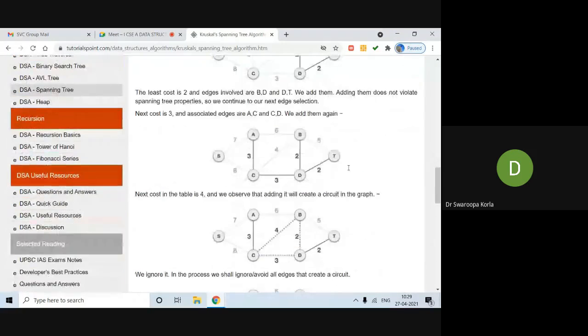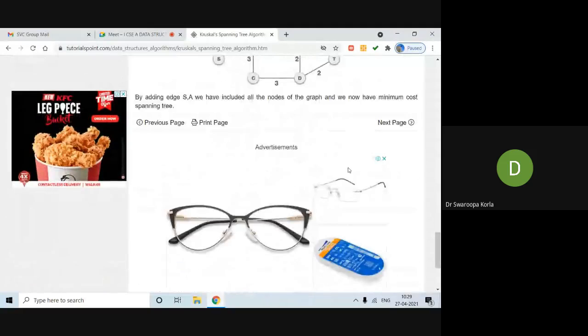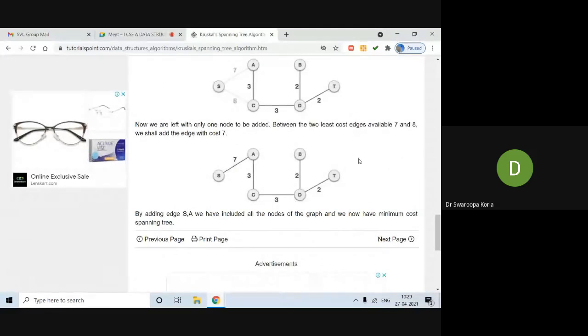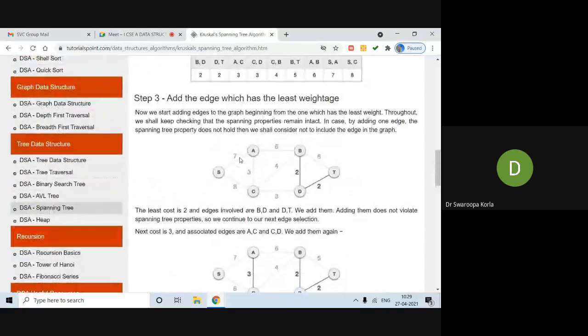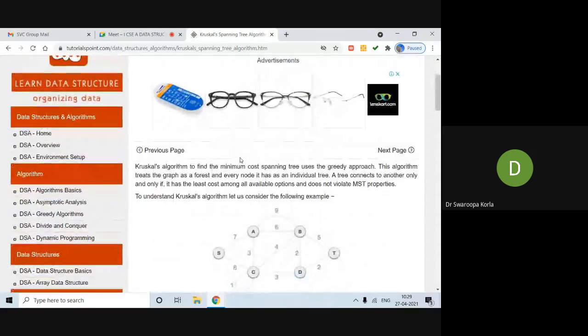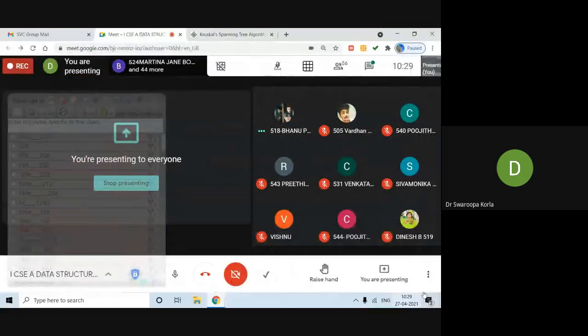So try to add edges one by one so that you will get the final spanning tree like this. And don't leave it like this. You need to draw the final spanning tree and you need to mention the minimum cost for this tree also. Got it? Finally, you need to construct the final minimum spanning tree and specify the cost also. Here the cost we got is 17 according to the Kruskal algorithm. This is the Kruskal algorithm. If you have any doubt, you can ask me now.